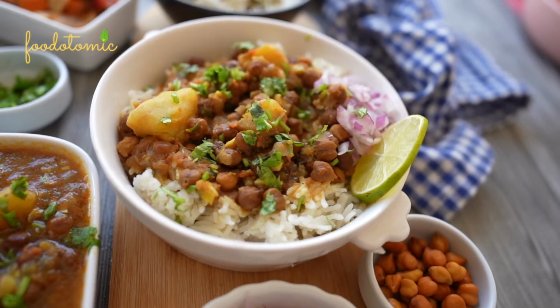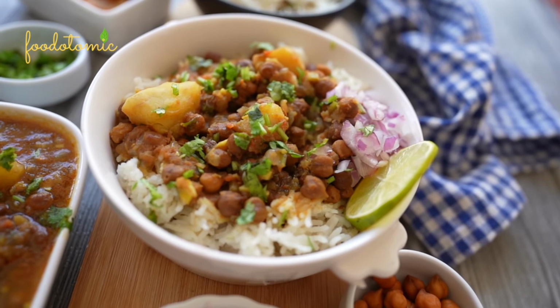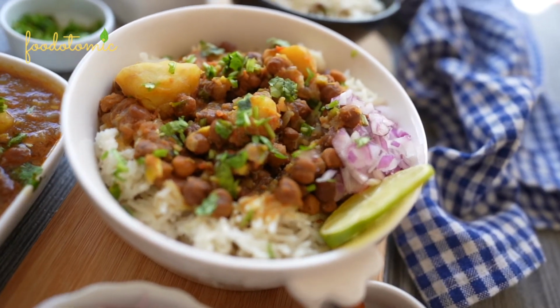Cooking this recipe in the pressure cooker is definitely the faster way, but making it in this way is the